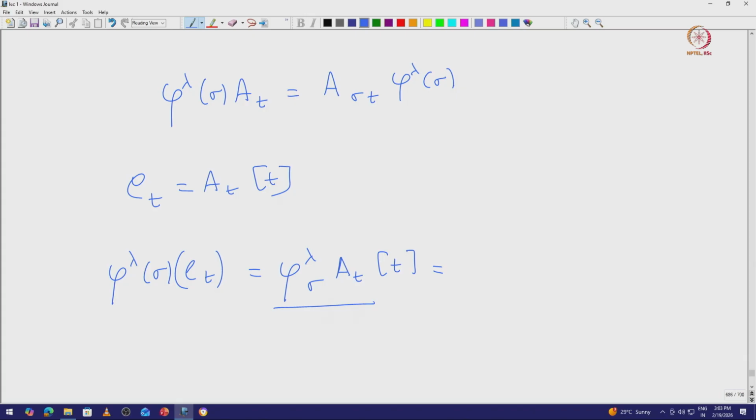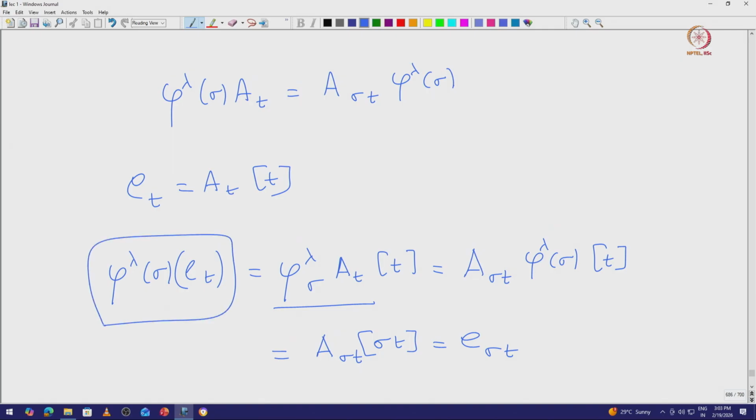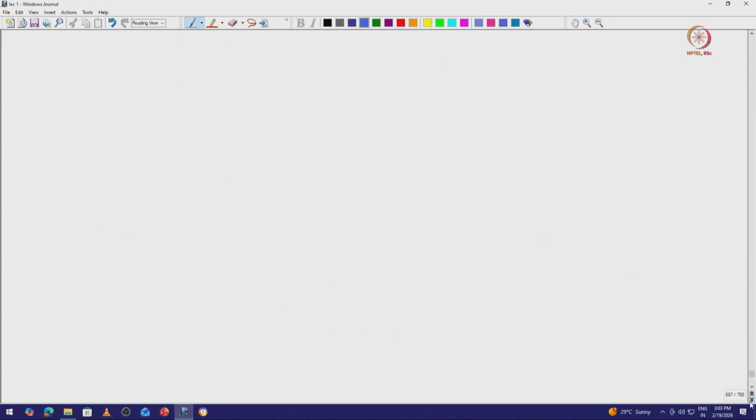When you switch this, we get A sigma t phi lambda sigma applied on t, which is exactly equal to A sigma t applied on sigma t, which is the definition of E sigma t. So, this proves that whenever you apply phi lambda of sigma on E t, you get E sigma t. So, if we take this S lambda, which is the C span of all these E t's, where t comes from lambda tableaux,